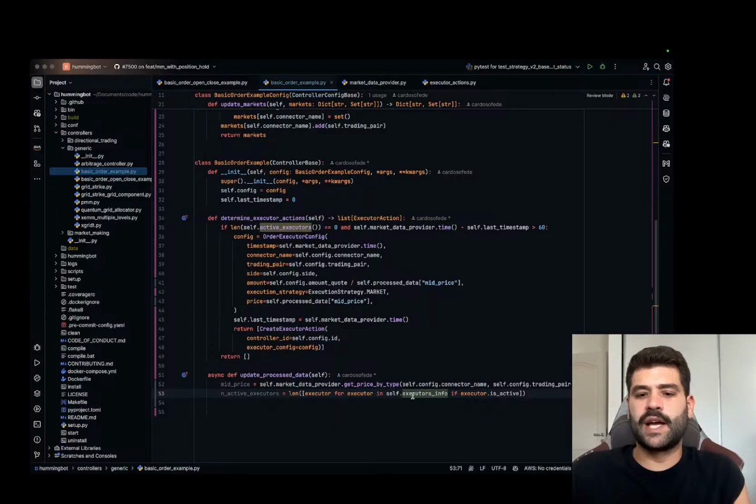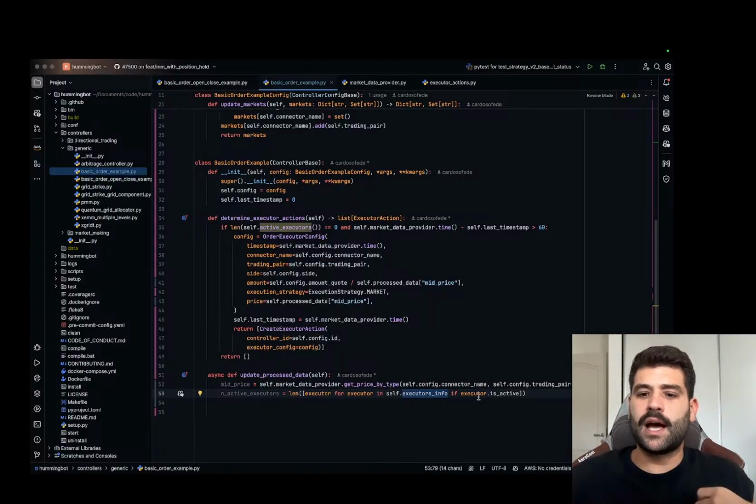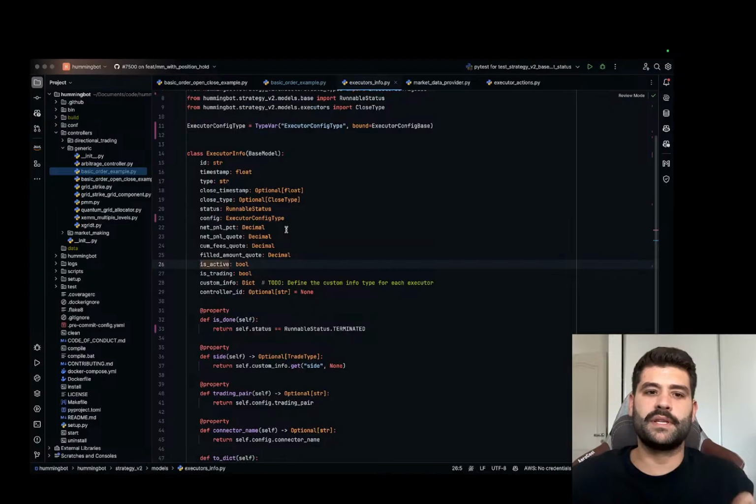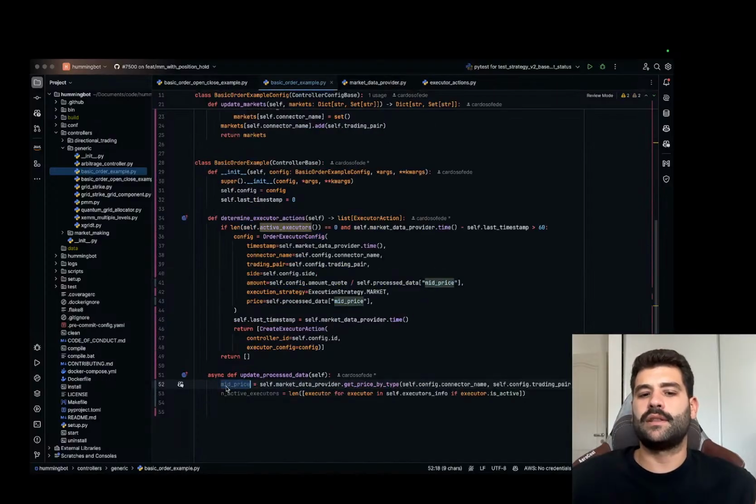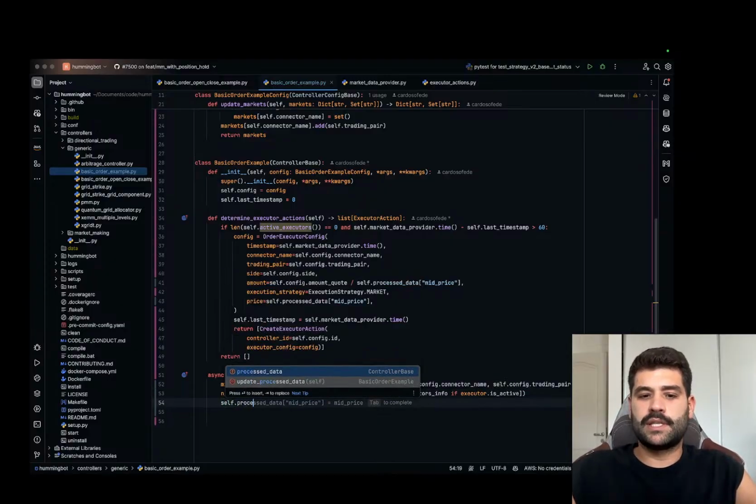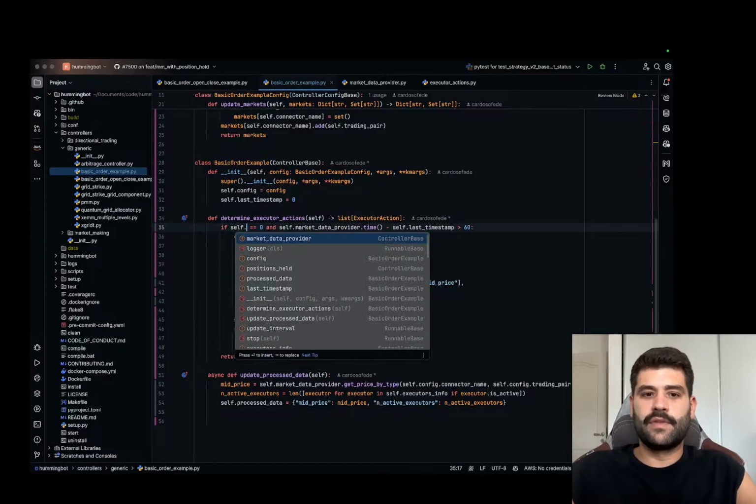So remember, in self.executors_info, we have a list of the executors that belong to this controller. And the executor info has a property that is active, right? If you want to check, all the properties are these: status, config, PNL, fees, filled amount quote, if it's active, if it's trading. You have all this information, right? So here we are saying this is the mid price. This is the length of active executors, and here we put self.processed_data equal to mid price and active executors. So here what we can do is if self.processed_data